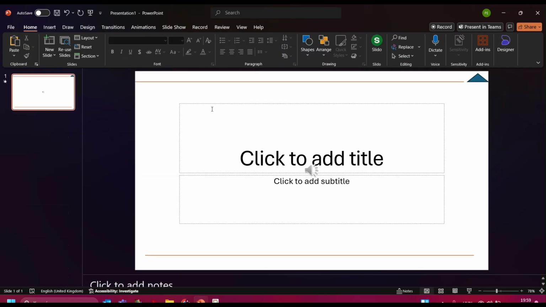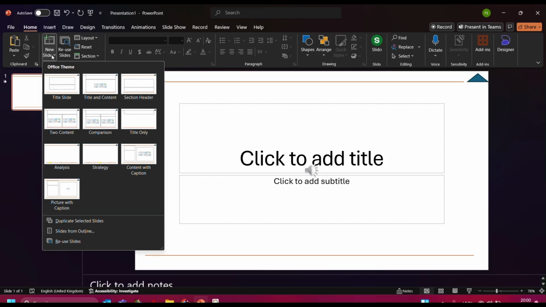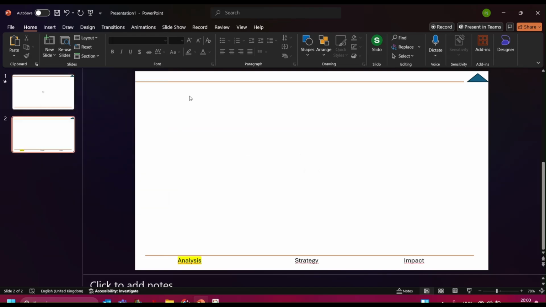Why is this useful? Now you can see it's added to the slide. It's not very good for us because it's just a basic slide. But now when you click on new slides, you will see here that there is an analysis and a strategy one. So I click on the analysis one and wow, I have my basic slide there. So that's basically why Slidemaster is very useful to you. Some extra functions